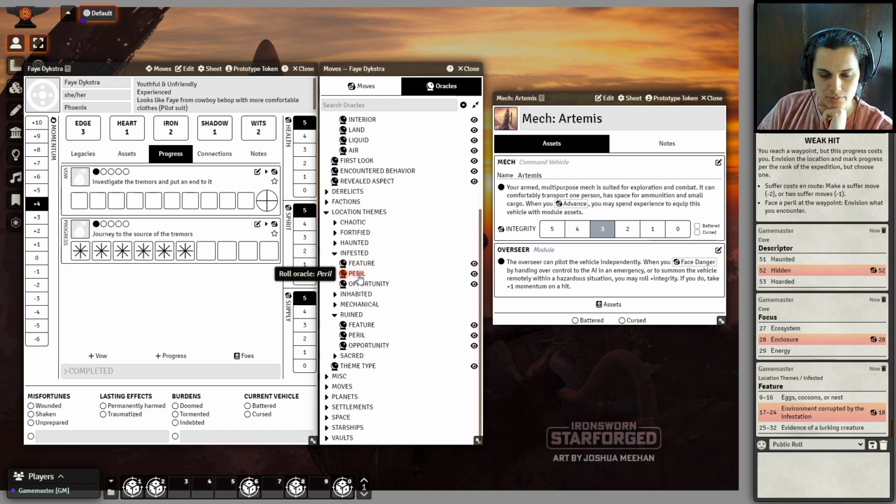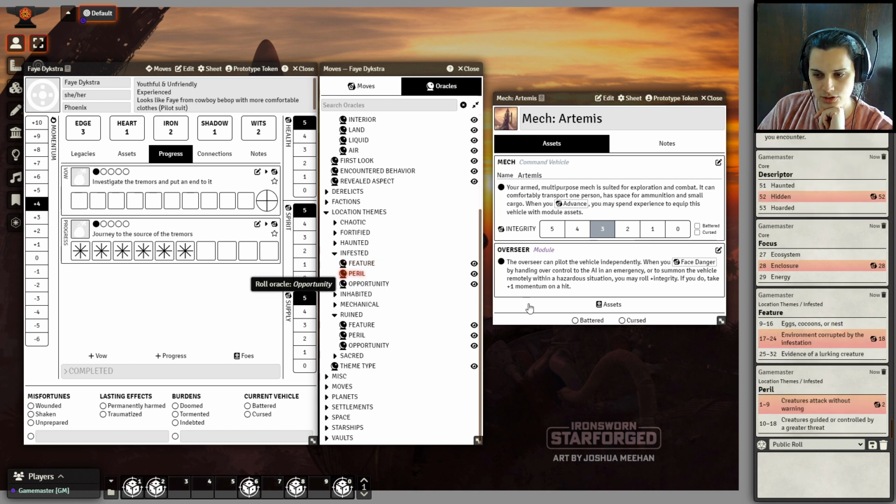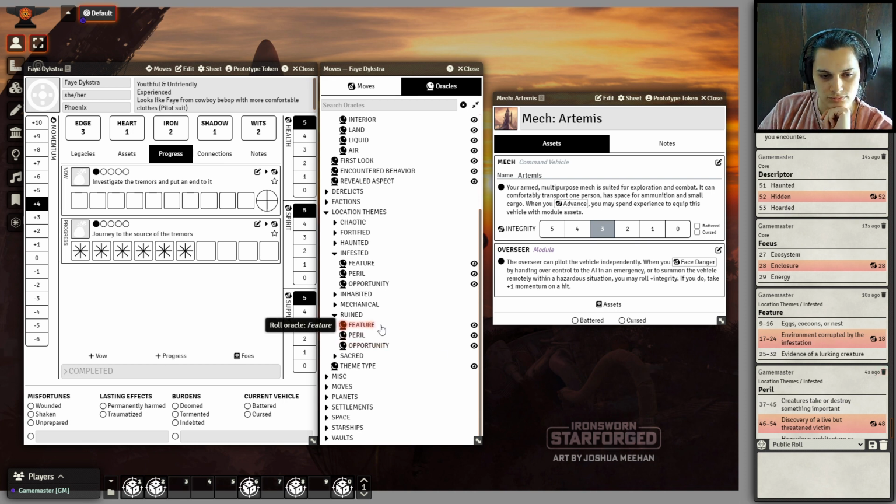Environment corrupted by the infestation. Interesting. Creatures attack without warning. Not again. Discovery of a live but threatened victim. That does sound like an interesting peril, but I'm not sure if I want to go for that right now. And if I were to reduce some...